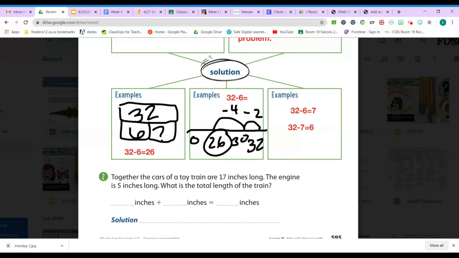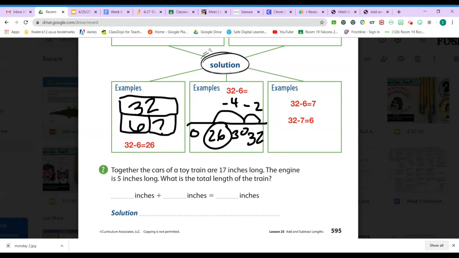And when you're done with that, I'd like you to read number 2, and I'd like you to solve, please. I'll read it. Together, the cars of a toy train are 17 inches long. The engine is 5 inches long. What is the total length of the train? I'd like you to annotate, and I'd like you to go ahead and solve this problem using a strategy that